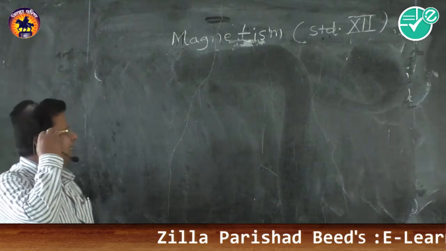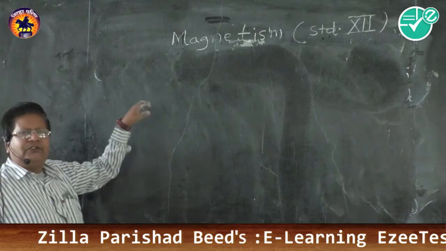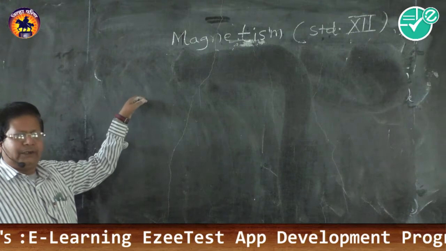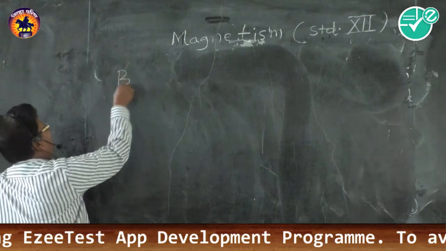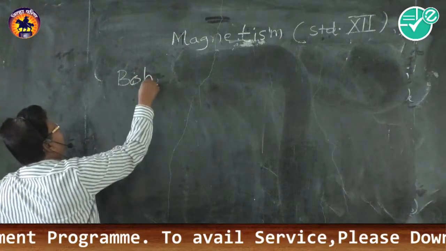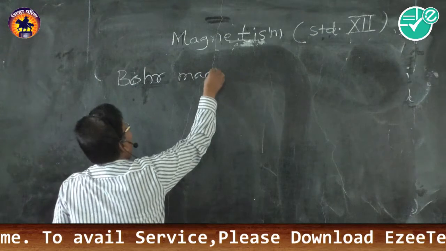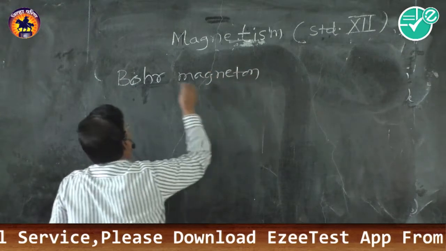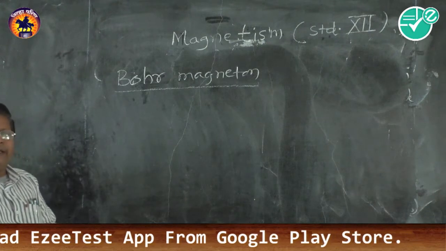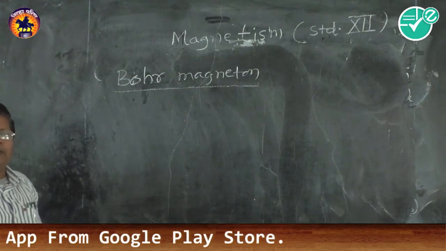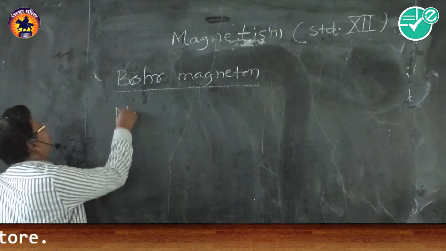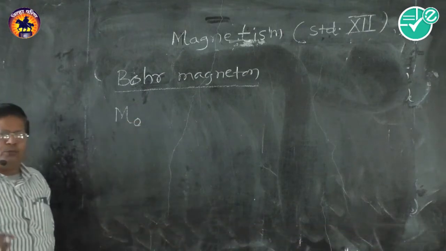Important term in magnetism which is related with the Bohr's theory of hydrogen atom, and that is called as Bohr Magneton. Now to find the value of Bohr Magneton, we have to write again the equation for orbital magnetic dipole moment,